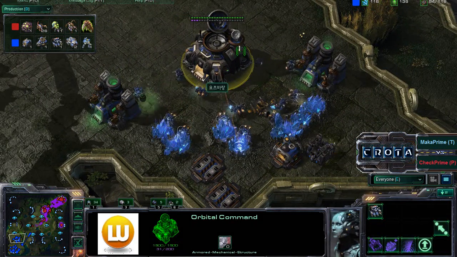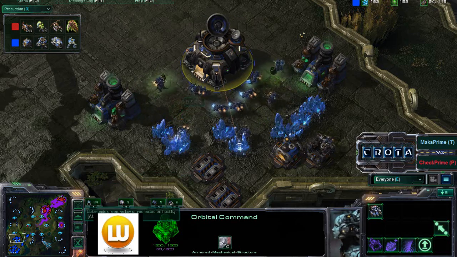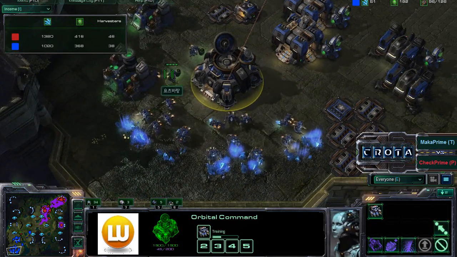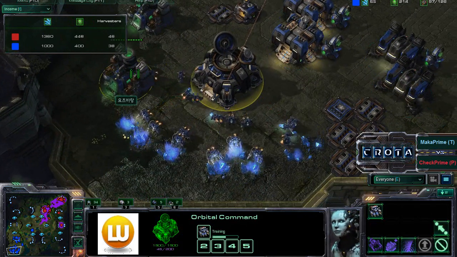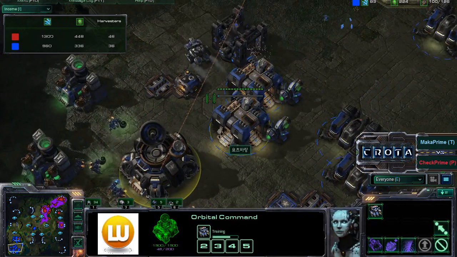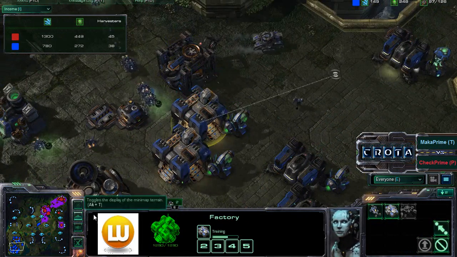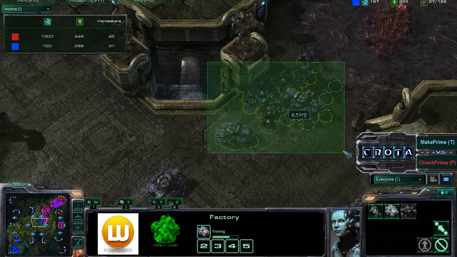Over here, finally, Orbital Command still not training up some SCVs, so it looks as though Maka is still behind in terms of the whole entire economic game, only sitting at 38 harvesters, compared to the Zerg's 46. Over here, Starport now finally being laid down. We should see perhaps a reactor trying to get some medevacs as this Marine and Siege Tank army now going